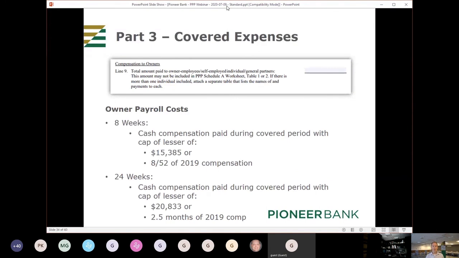So owner compensation, the big thing is just don't include the owner in either of the prior two tables. We want them specifically carved out. And the thing to watch out for is that, depending on the covered period that you choose, there is a cap to how much owner compensation we can include. How that works is you will figure out the cash compensation paid to the